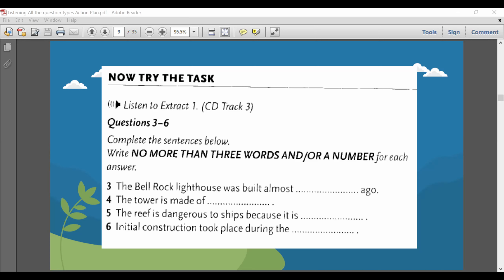Listening Section 2. Extract 1. Questions 3 to 6. On today's programme about great buildings of the world, I'm going to talk about the Bell Rock Lighthouse, perhaps one of the greatest engineering feats of the 19th century, and I'm sure you'll agree that this is a fascinating story. It's nearly 200 years since